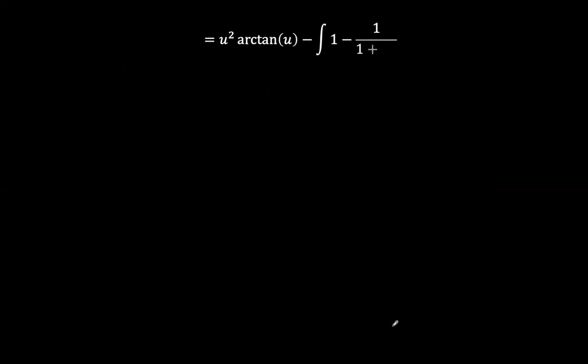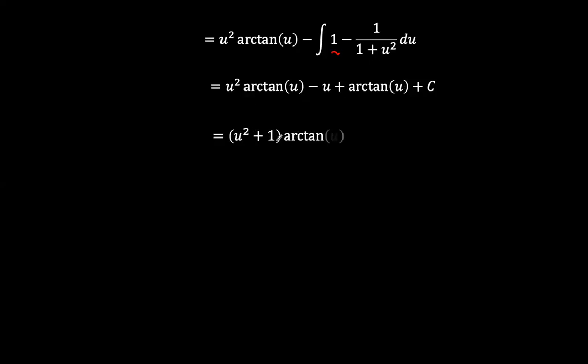Okay, so integrating 1 minus 1 over 1 plus u squared, the integral of 1 is going to be u, and then the integral of 1 over 1 plus u squared is the arctangent of u. Okay, we won't go into details on how to integrate this. It's a very obvious thing. And then collecting like terms, u squared and 1 here, so u squared plus 1 times arctangent of u minus u plus c. But since we had initiated our substitution with u being equal to square root of x,